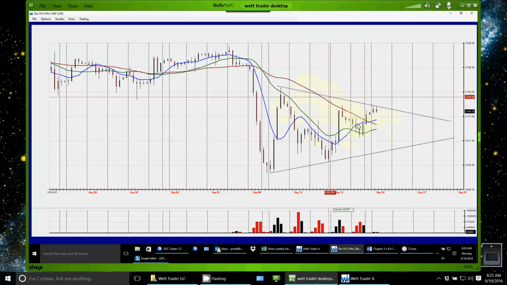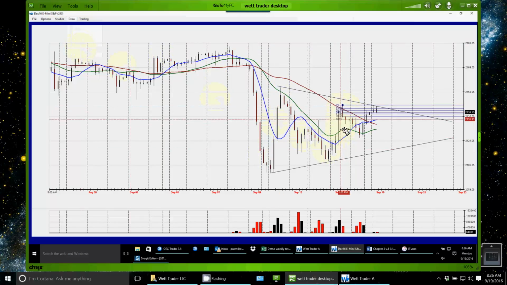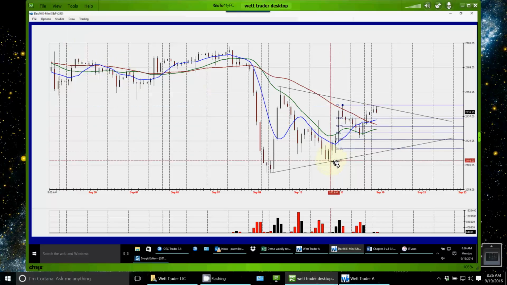Now here, we're still in the triangle, so the definition of a triangle is actually, in my opinion, no trend. So that means from this swing high and this swing low, we have a higher low and a lower high. Higher low. So we're not making a higher high based on this first swing high. So, same thing. You can take this swing high, this swing low,